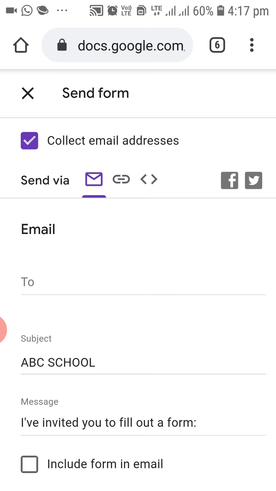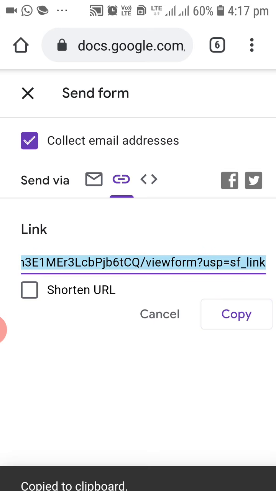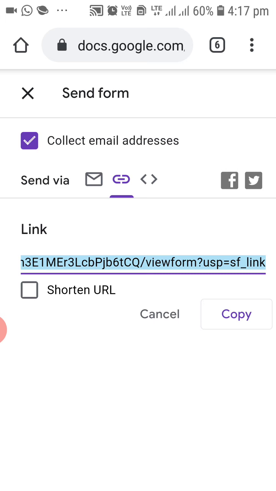The middle option is link. Click on link. The link is shown. Copy the link. The link is copied to the clipboard, right? So wherever you wanted to save the link, you can save it, or you can just give the link to your students, so that when they click, the paper will be open in front of them.